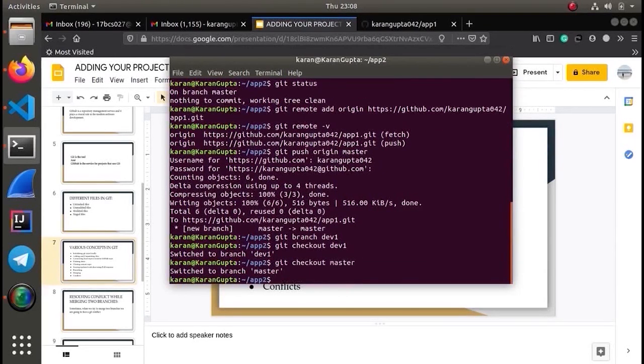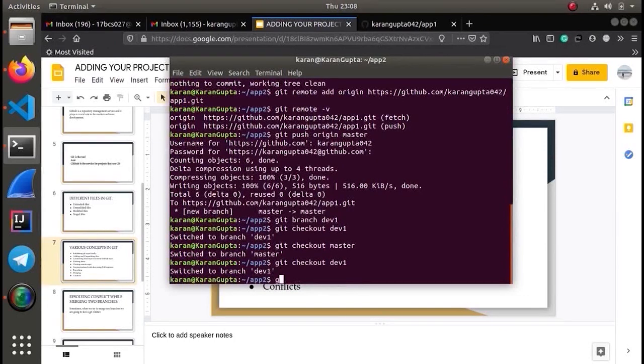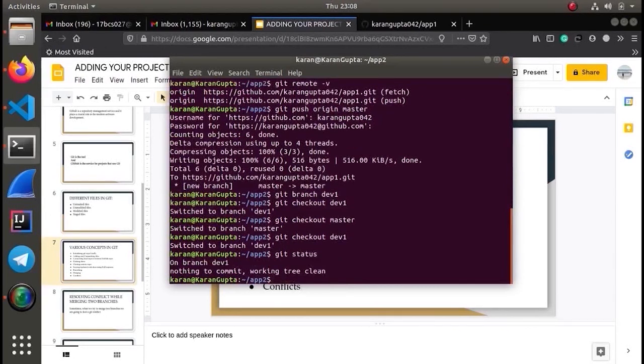And how to know which branch you are working on right now? Here, git status comes in handy. You can see on branch day1, nothing to commit, working tree clean. So now we know how to create a new branch and how to switch from one branch to another.